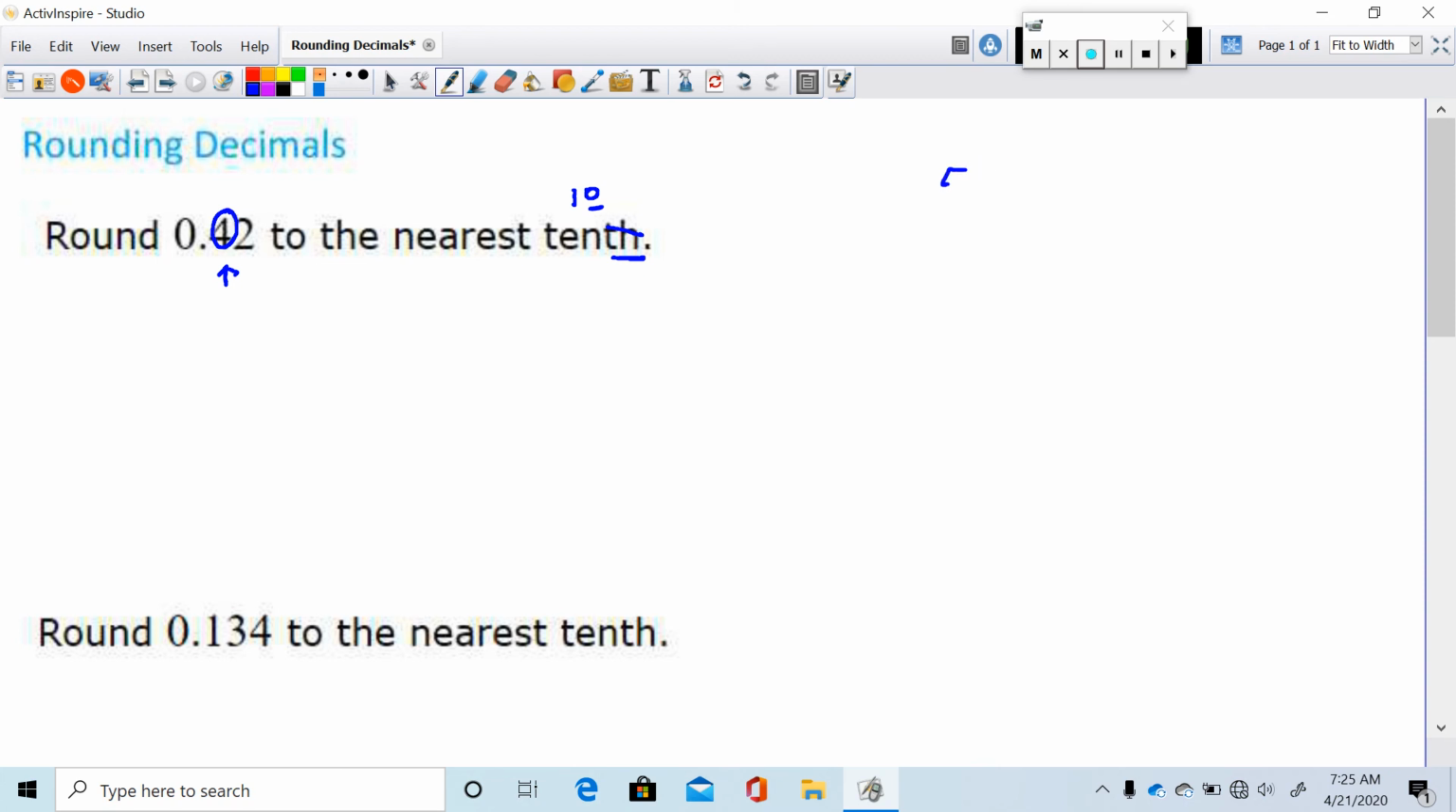If it's 5 or larger, you're going to add 1. If it's smaller than 5,